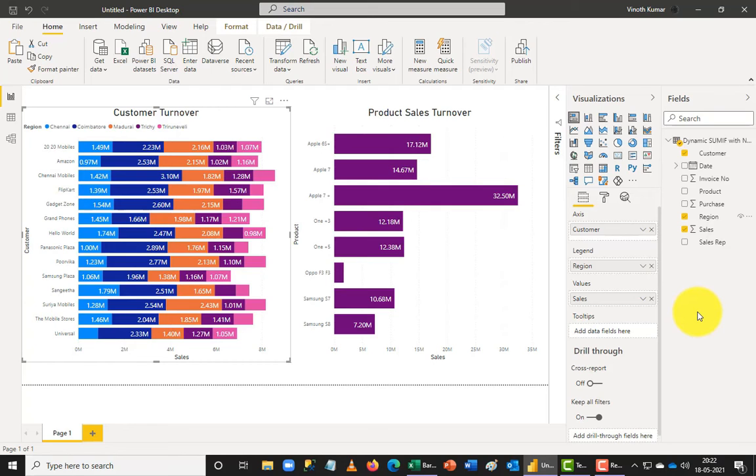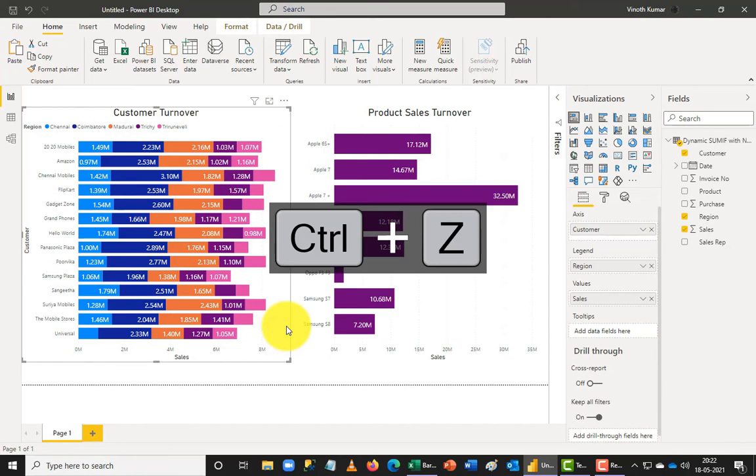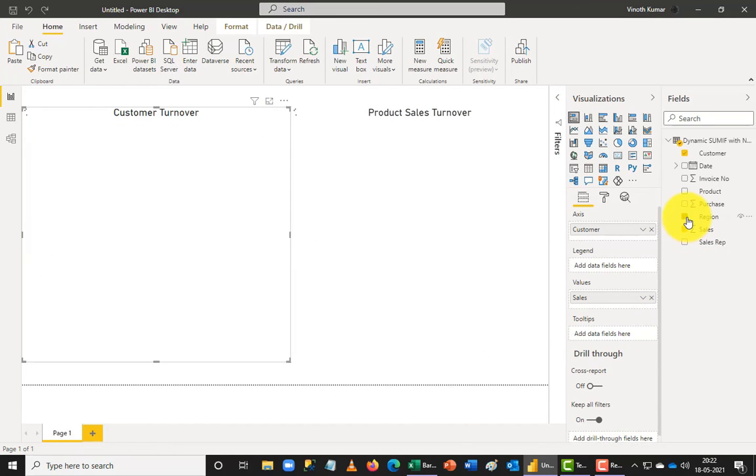So I have 5 different regions here. It starts with Chennai, Coimbatore, Madurai, Trichy and Tirunelveli, and you can see the sales are broken. The entire sales is not anymore shown here. It is showing you the breakup here, but unfortunately I'm not able to see all of the data here because the screen is very small here. So let me just undo this option. Let me take this region out of the equation.